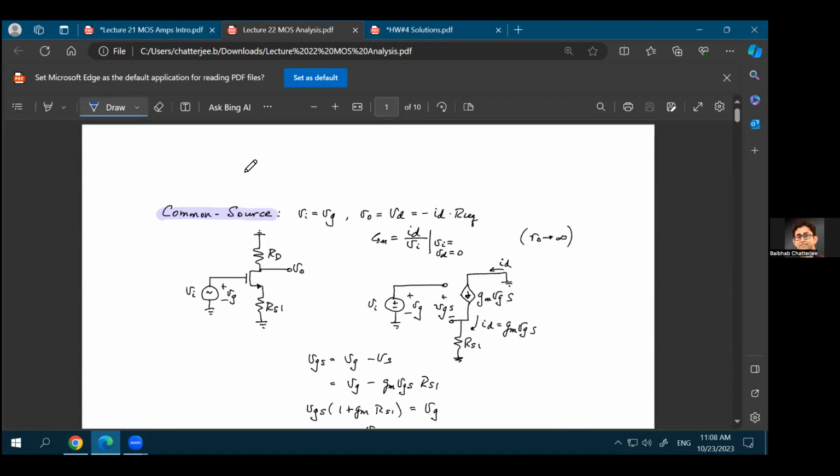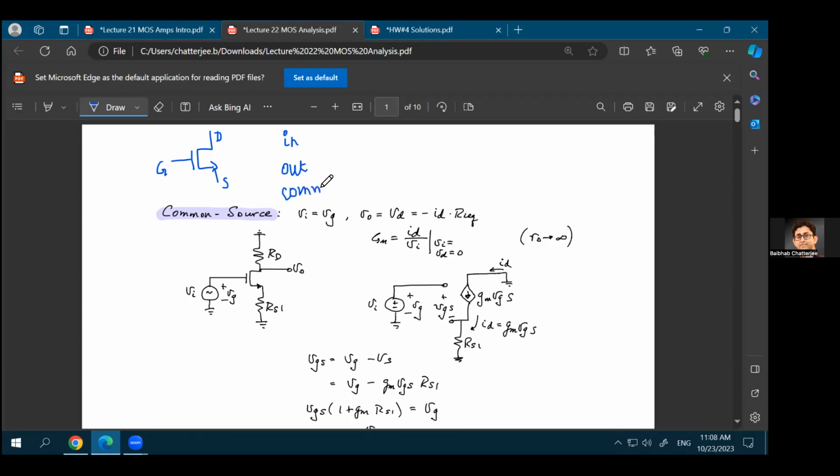So these are the three configurations that you'll find for any kind of MOSFET based circuits, because remember that this is how your MOSFET looks like. You have the gate terminal here, you have a drain terminal over here, and you have a source terminal over here. Now, what you can do is that you can apply your input to one of these terminals, and you can look at the output at some other terminal, which will leave one terminal out of these three. So one terminal will be input, the other one will be output, and the third terminal will be called a reference terminal or a common terminal,